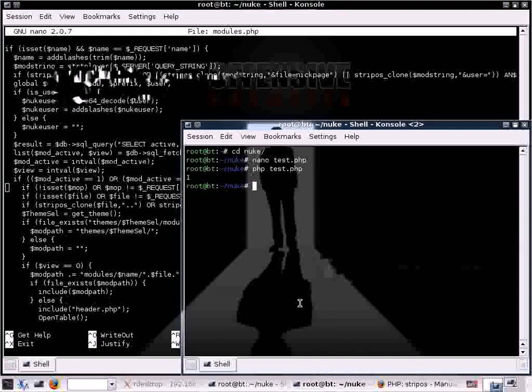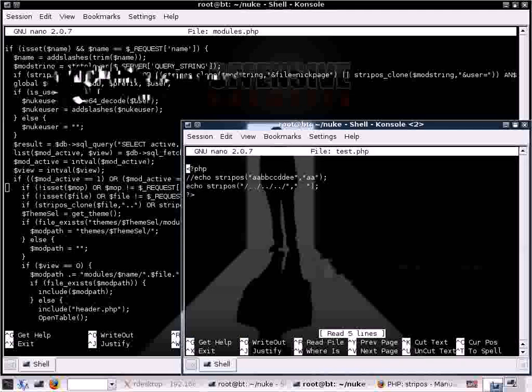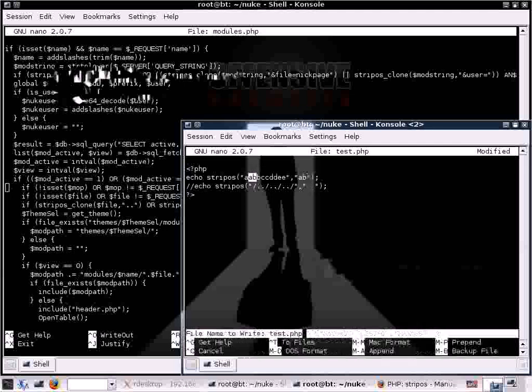take a look at this closely. Remember the definition of stripos. It returns the position of the first occurrence of a case-insensitive string. Look at this example. If I were to put AB, which corresponds to these letters, and run the test,